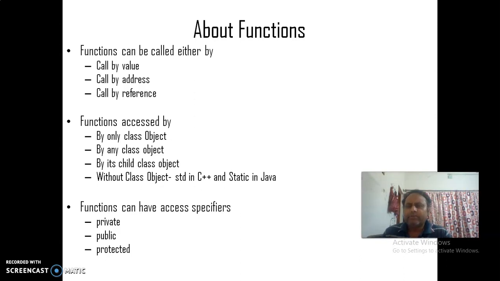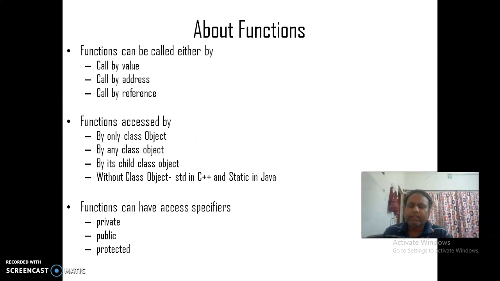Some methods can be accessed without creating any class object, like static in Java, and we have std as a namespace in C++, where we are not creating any object, we are accessing cin and cout, console input and console output, which are defined in the iostream library. We use namespace std so that we can avoid name conflicts in other classes.